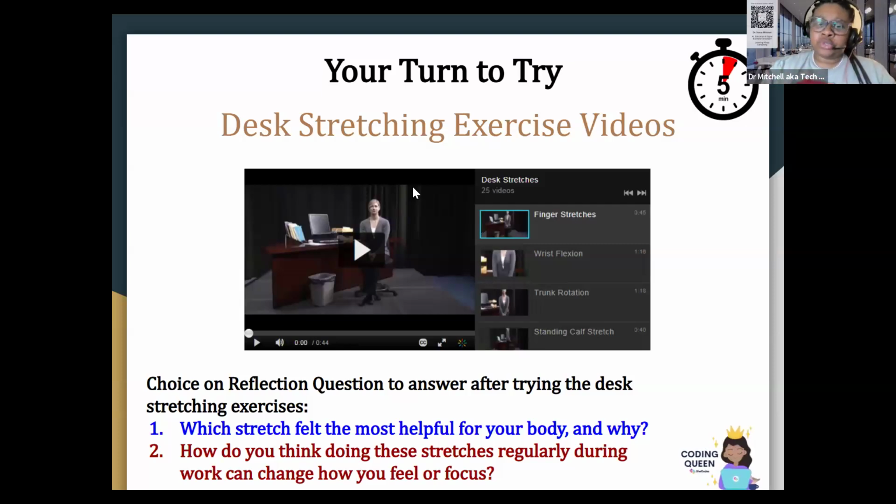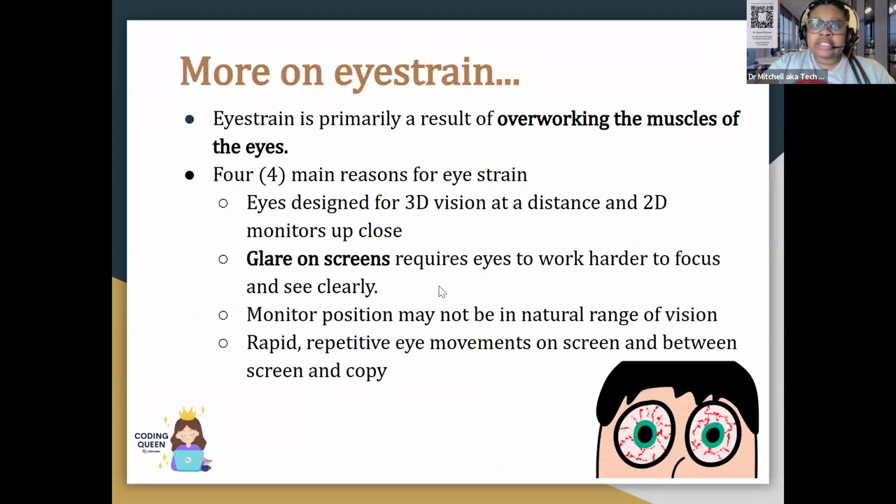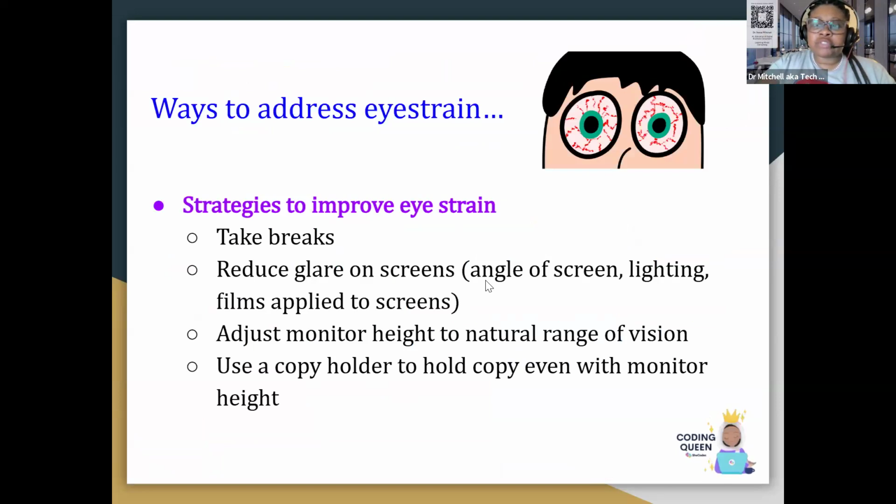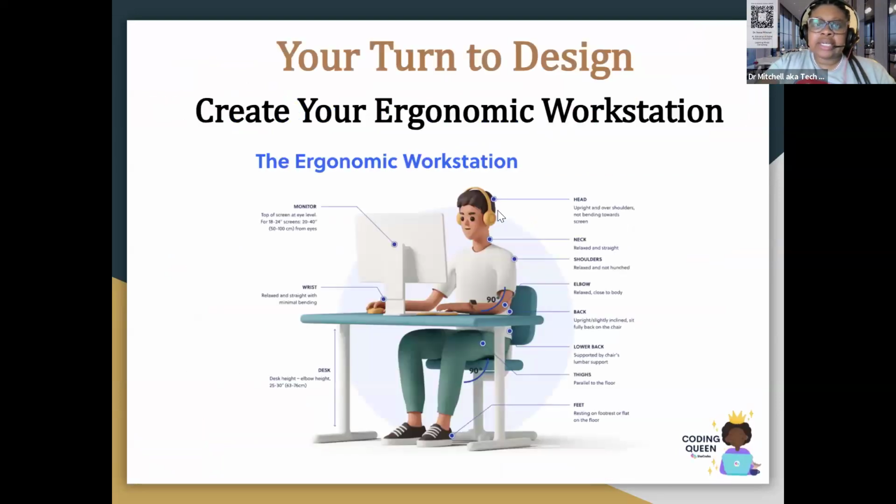from the different videos. It provides choice for them. They can choose maybe the wrist or maybe stretching their fingers. And then also a reflection question after trying one of these desk stretching exercises. So they get to choose. And let's see, yep, more talking about eye strain. And then it is their turn to